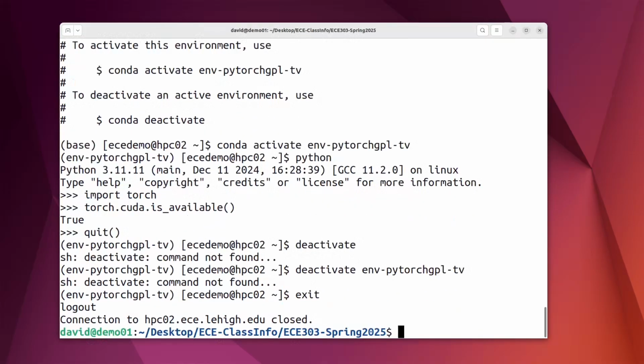But anyways, that's how you can go ahead and, oh, I see what I did wrong. I should have said conda deactivate, and that would have dropped me back to my base environment. So anyways, that's how you create an environment, a Python environment that can